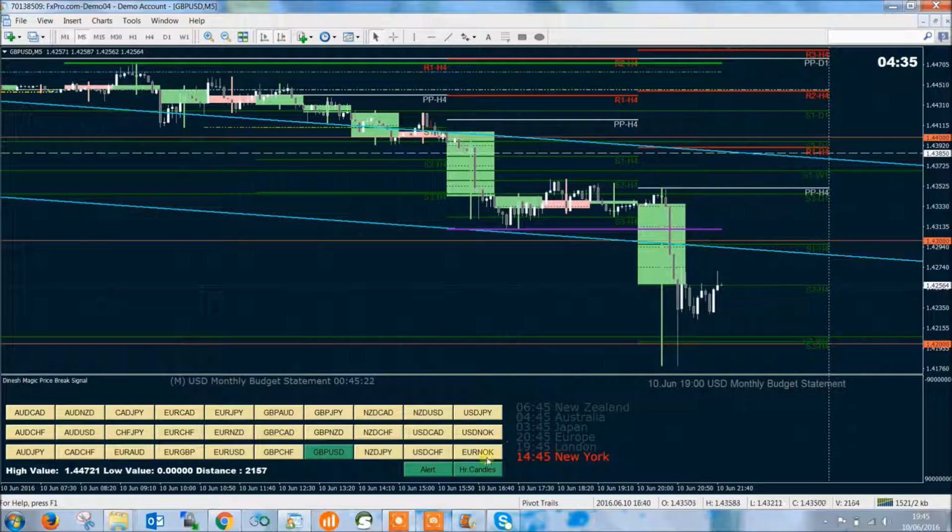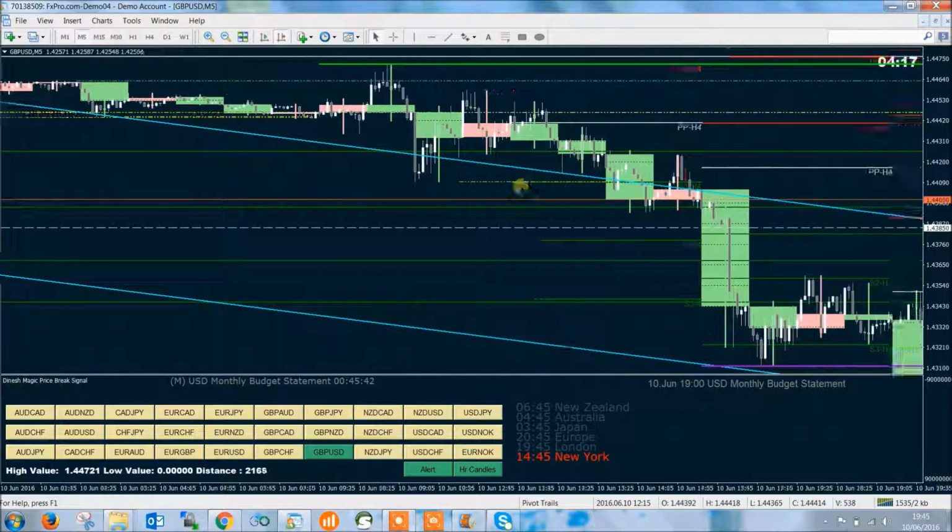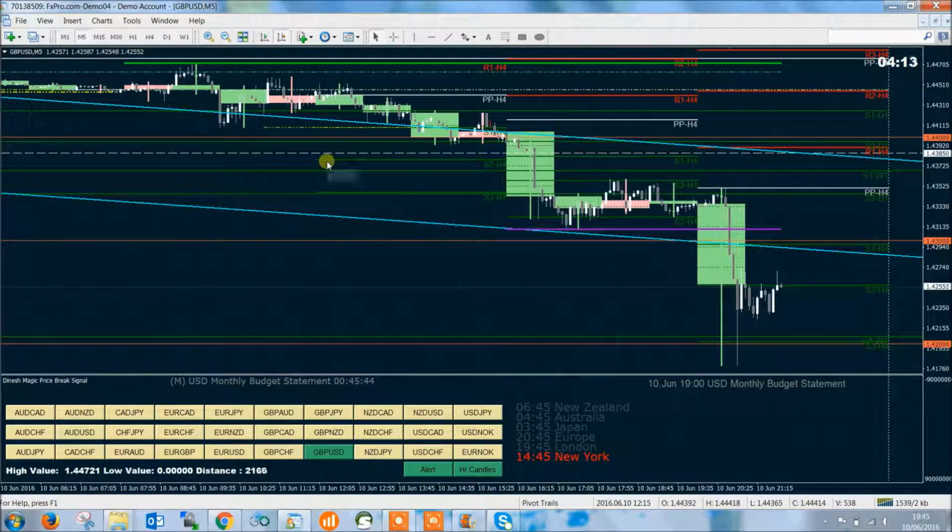If we say hour candle is off, it will turn off; on, it will come on. So we use these candles in our strategy to identify if there is any M pattern break or W pattern break or trend break or range break, or just to see how the price is moving from today. How is it trending? Is the price good enough, or is it trending heavily, or what is the structure of the market today? That kind of analysis can be done using the 1 hour time frame. So that is the reason why we have to use this 1 hour. And one of the rules of price break signal is PFPH, which you'll know when you come to the strategy.